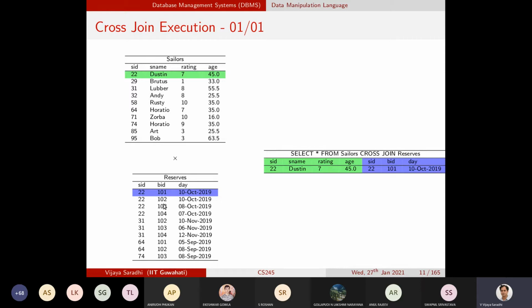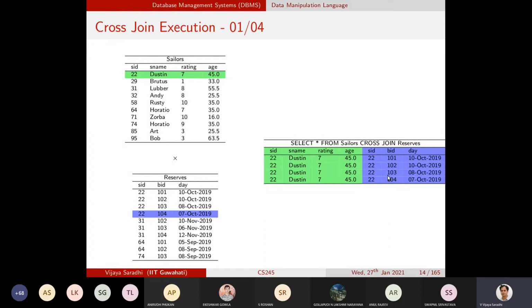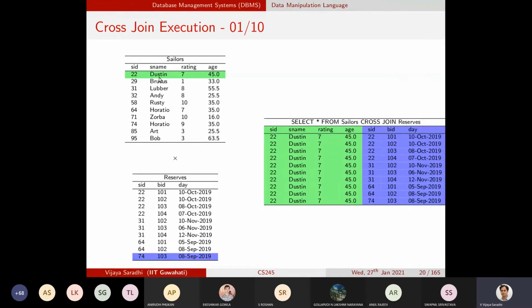Now the cross join execution will continue. The first row of the table sailors will be joined with the second row of reserves. The cross join will have 2 records, 3 records, 4 records, and so on, till you exhaust the first row of sailors, joined with every other row of reserves.